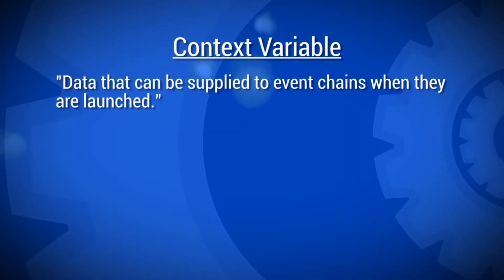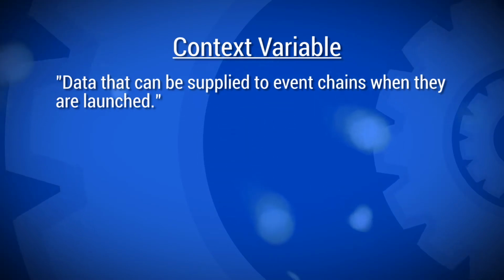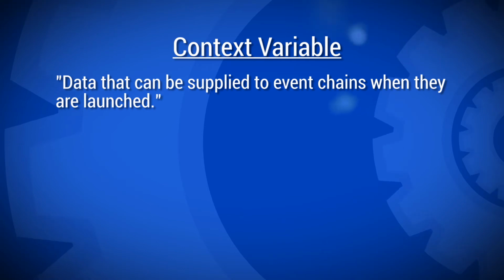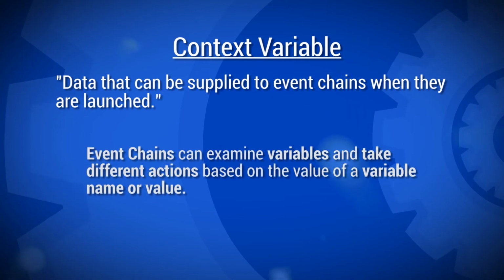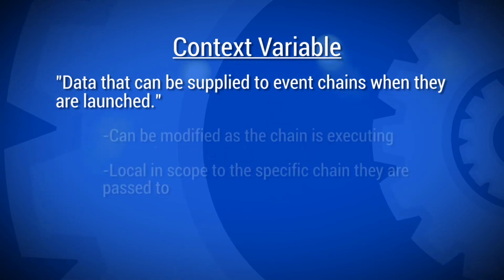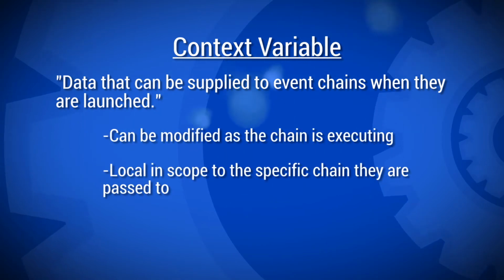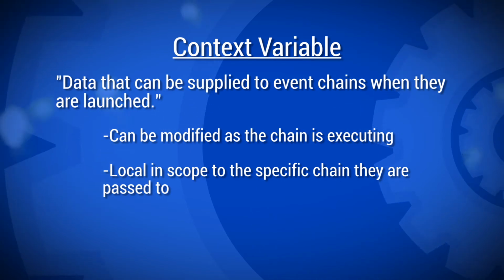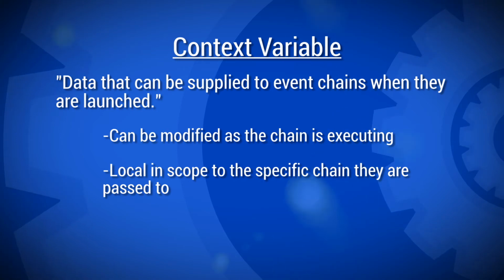A context variable is data that can be supplied to event chains when they are launched. Context variables consist of a name and a value pair. Event chains can examine variables and take different actions based on the value of a variable name or value. Context variables can be modified by event chains as the chain is executing, and are also local in scope to the event chain that they are passed to, meaning that the variables are not accessible or available to other event